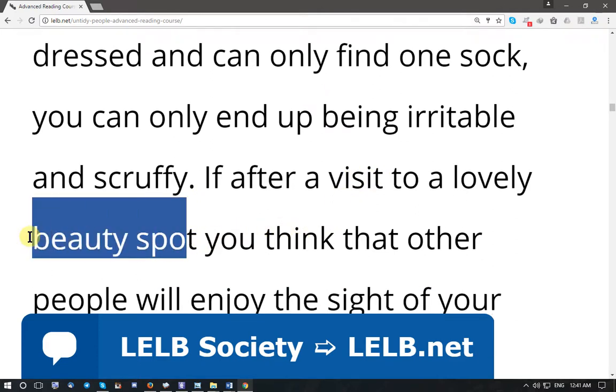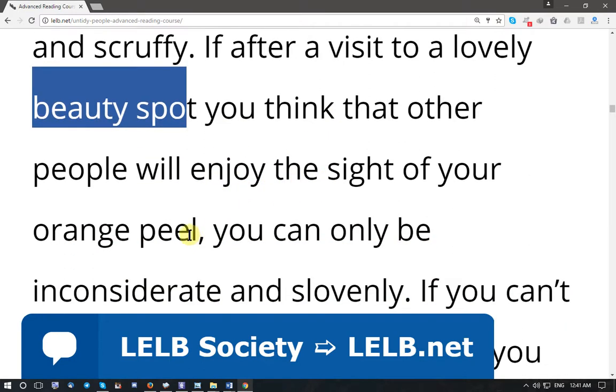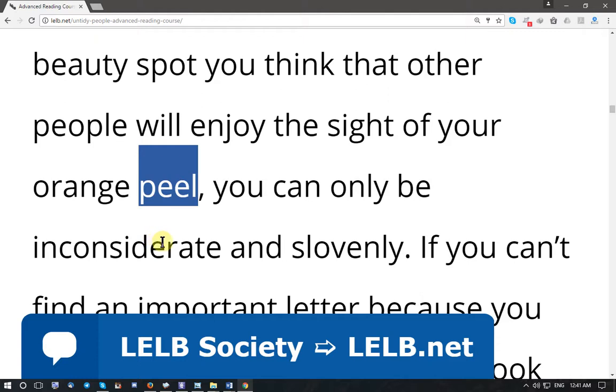For example, you go to a park or a jungle. You think that other people will enjoy the sight of your orange peel or skin because you just left them there. You can only be inconsiderate or not attentive, or not, let's say, careful, and slovenly, as I said, means